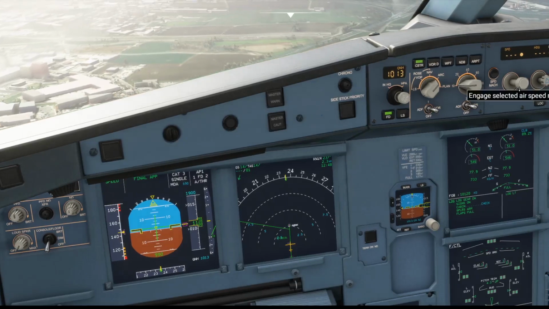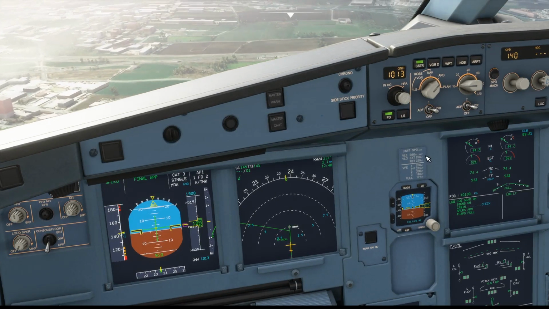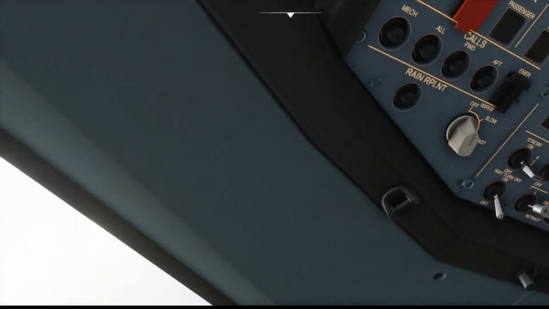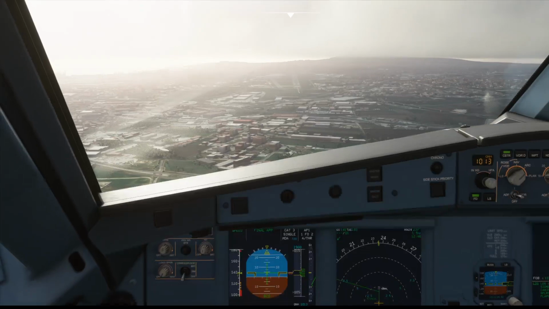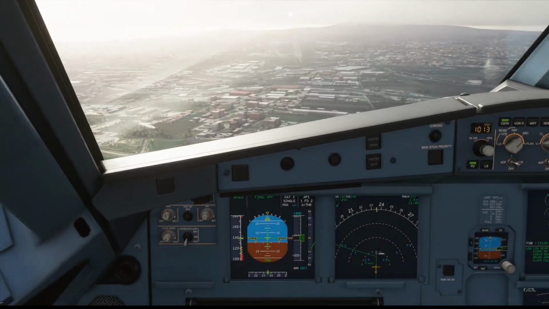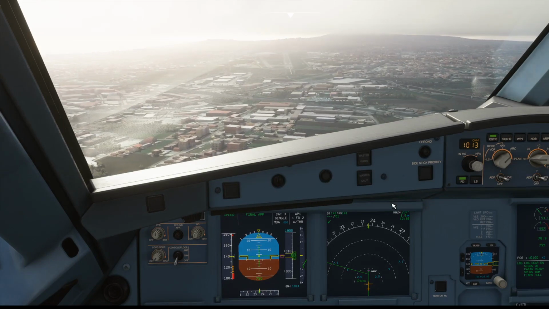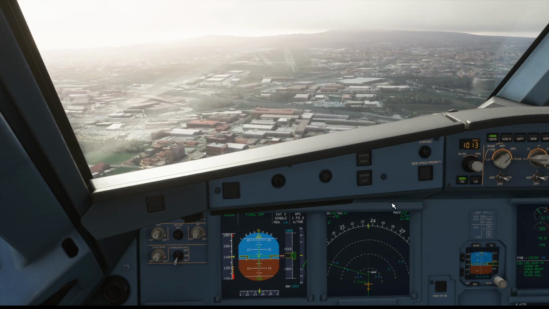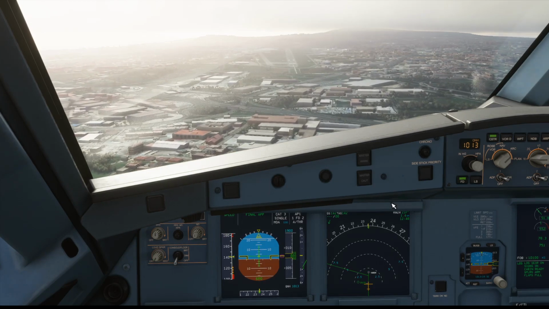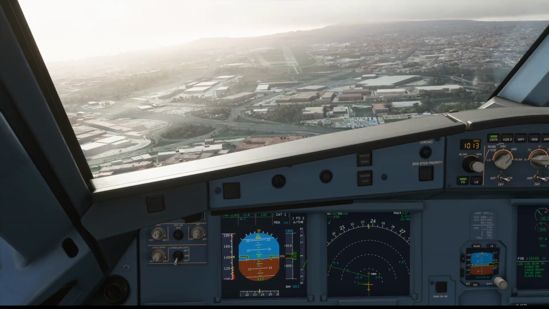Okay, so we're at 1,000 feet. I'm just going to reduce the speed a little bit, give the cabin a ding, and there you can see the airport in front of us. So our minimum descent height is 690 feet, which we've now just passed. We can see the runway, we can carry on with the approach,